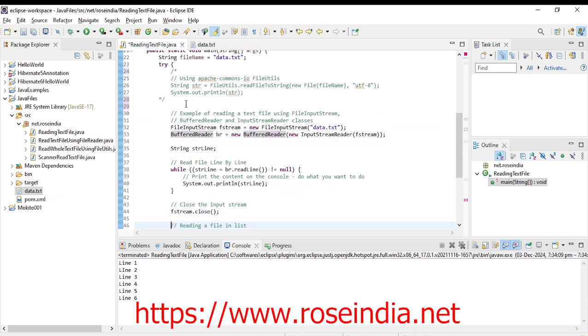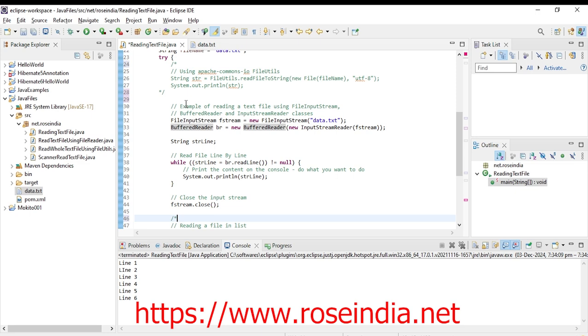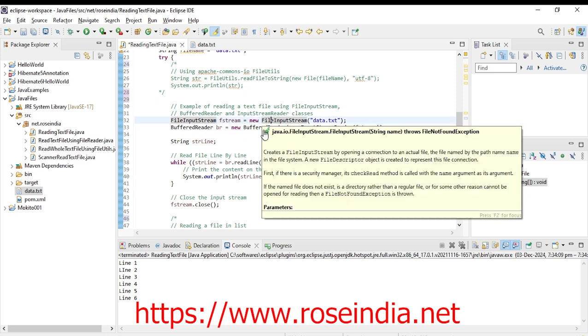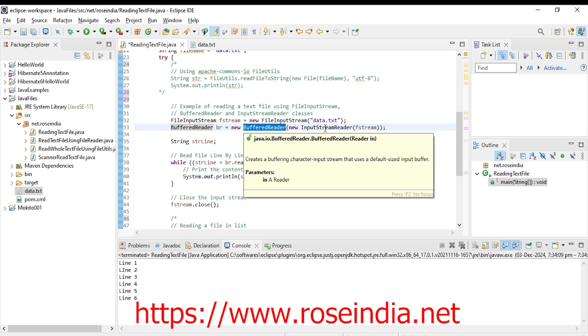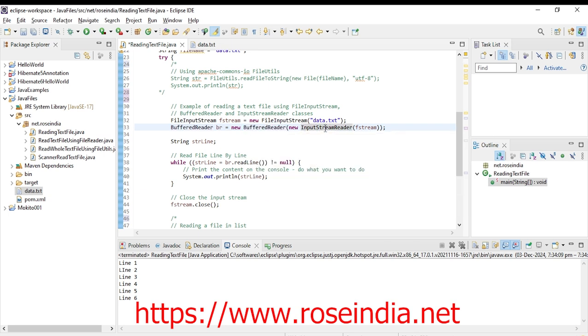Next example is this, and in this example we are using the FileInputStream and then the BufferedReader to read the file line by line. So create the object of FileInputStream, then create the object of BufferedReader class and pass the file